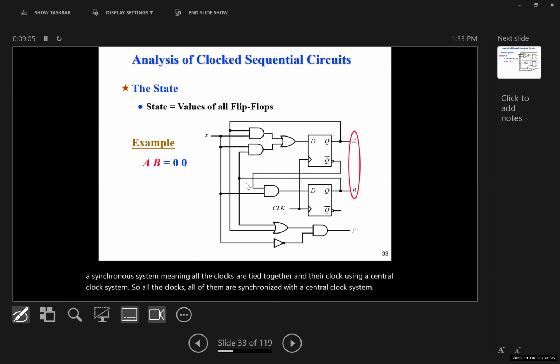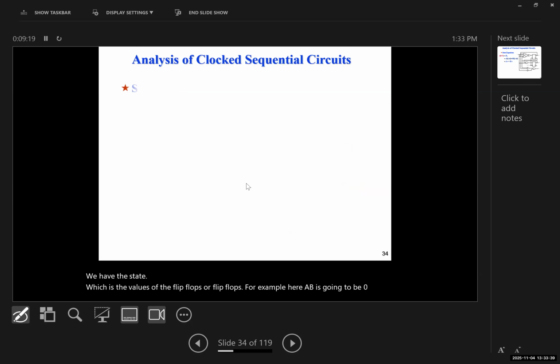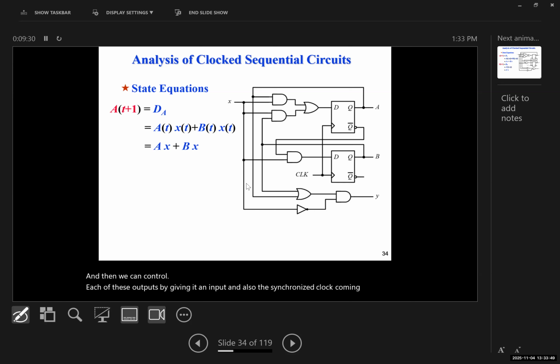And in this system, we have the state, which is the values of all the flip-flops. For example, here, AB is going to be 0, 0. And then we can control each of these outputs by giving it an input and also the synchronized clock coming in. So for example, here,